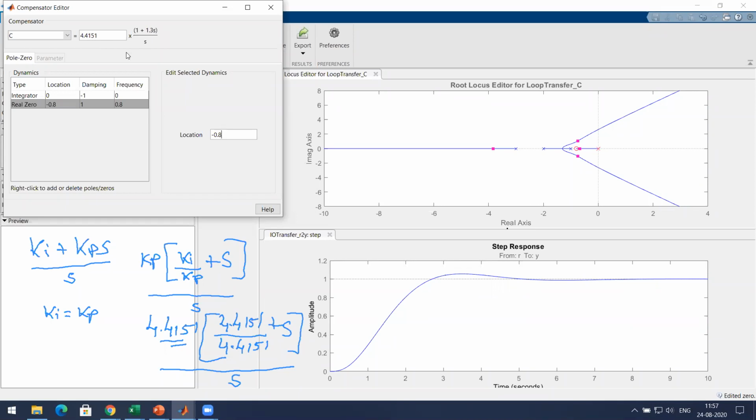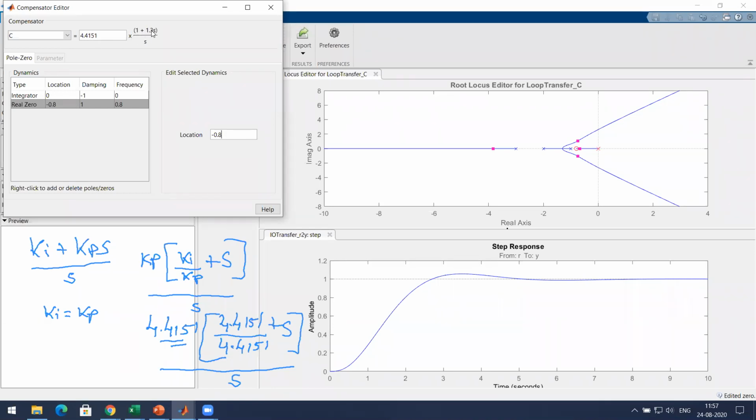So this is of the form Ki plus Kp s by s. Ki is this one, 4.4151. Kp s is 4.4151 into 1.3, divided by s. So Ki will be 4.4151 and Kp will be 1.3 into 4.4151.